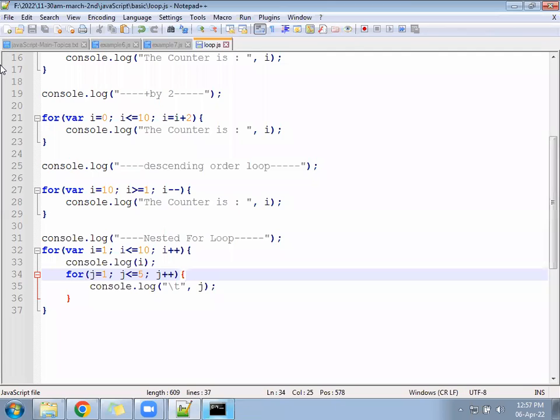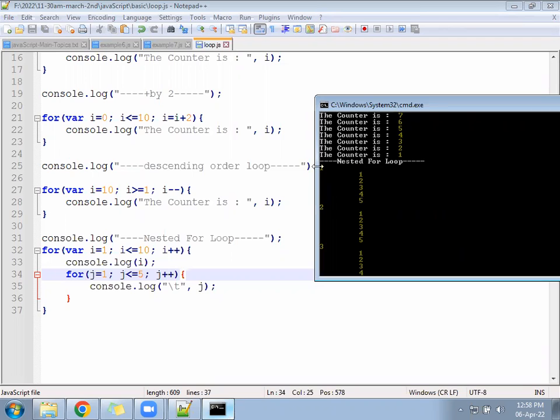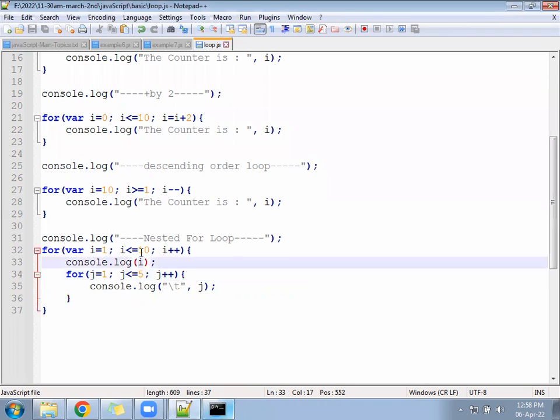Okay, so hope ready. What is printed? 1 to 10. Yeah, see. First time the value of I is how much? 1. Then the value of j is 1 to 5. You can make it more meaningful. You can write here the I